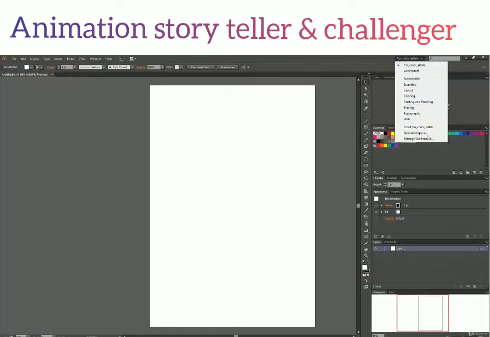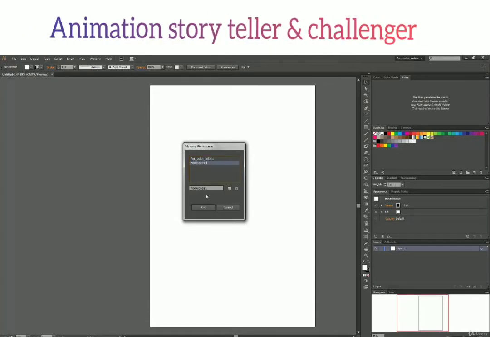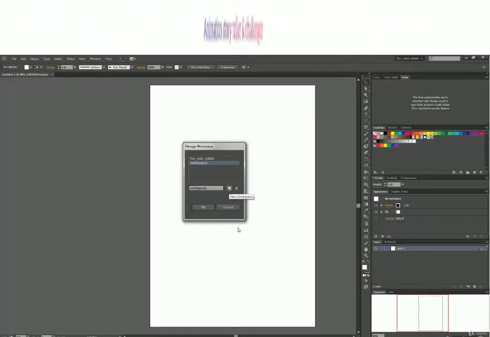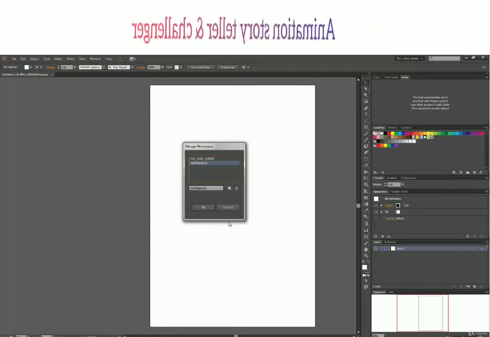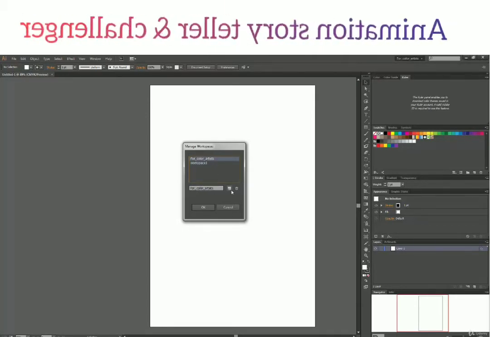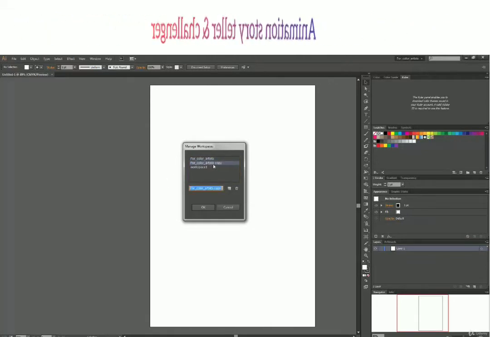Now switch back to this workspace and go to manage workspace. So we have seen how to rename the workspace. Now we have one more icon over here, which is new workspace. If I want to create a new workspace, it actually works in two different ways. Let's say I have any of these workspaces selected here and I click on new workspace. So basically it created a copy of that existing workspace.